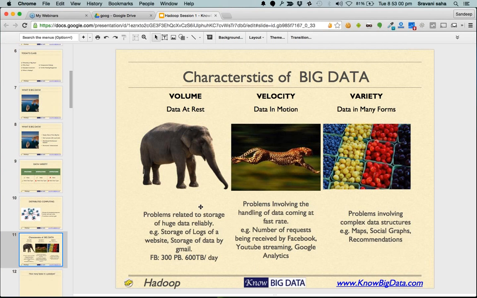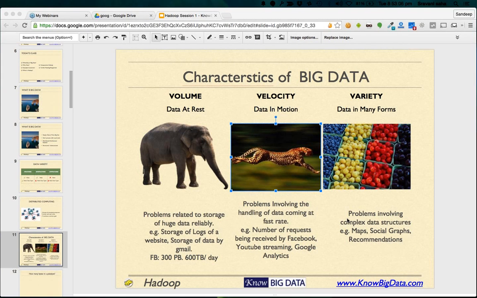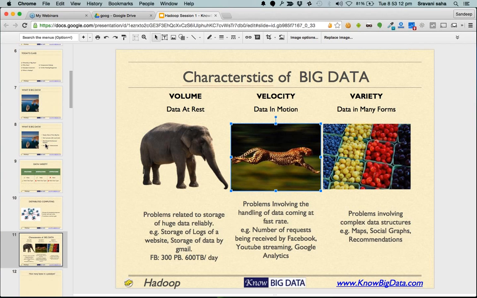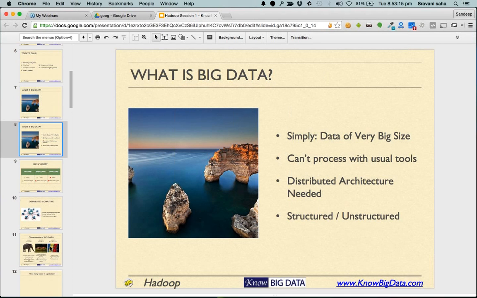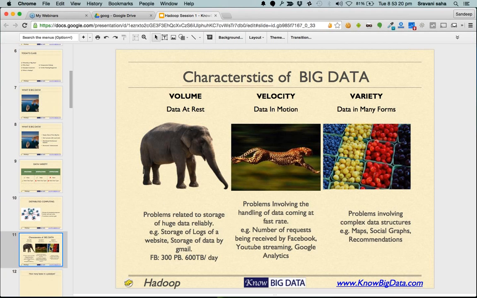All right. Now moving to the classic definition of big data. Other than our definition, although we are going to stick with this one, the classic definition is that anything which requires distributed computing to process is big data. These are the reasons why a data could become a big data problem. So these are the three characteristics of big data that make it big data.